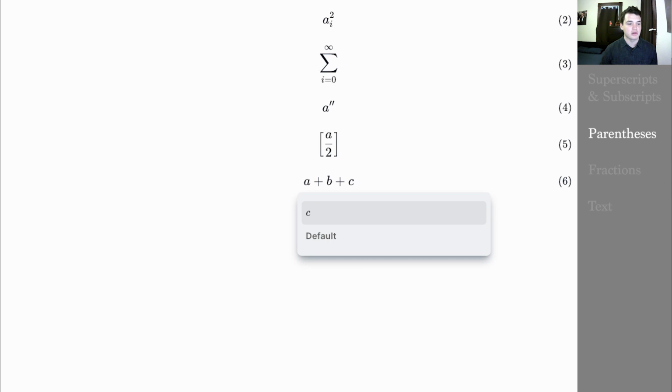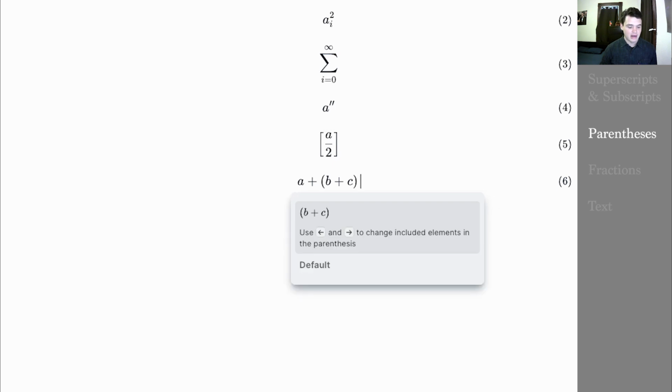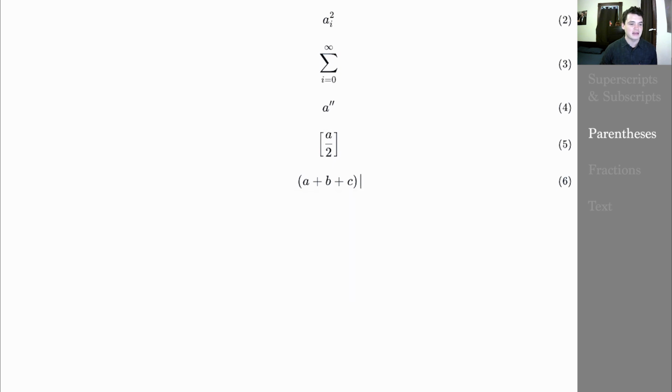All I have to do is just type close parentheses once, and then I can use the left and right arrow keys to indicate what I would like to include in this new parentheses that I just made. So I can go ahead and note that, and now I'm satisfied. And I can then go into superscript mode, press 2, and now I have a plus b plus c squared,